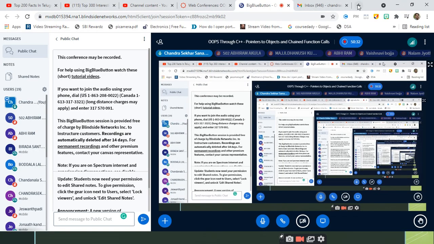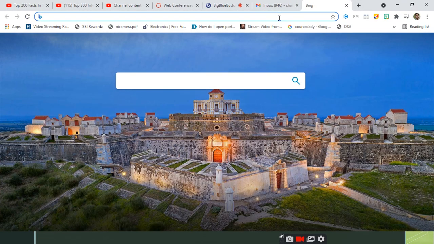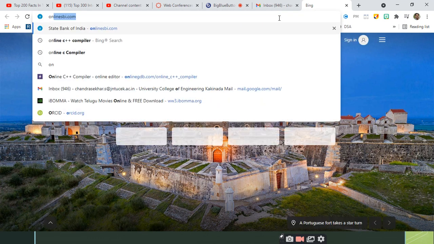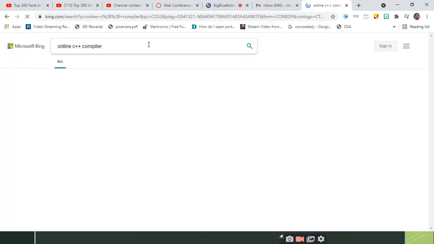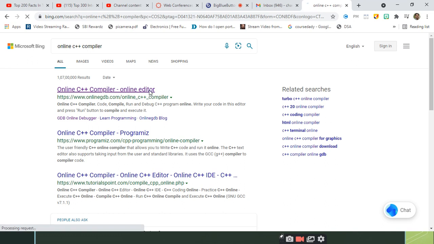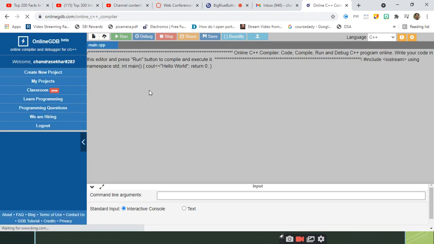Right. So let me take another example, one simple example. Can you see this screen? This is the online C++ compiler.